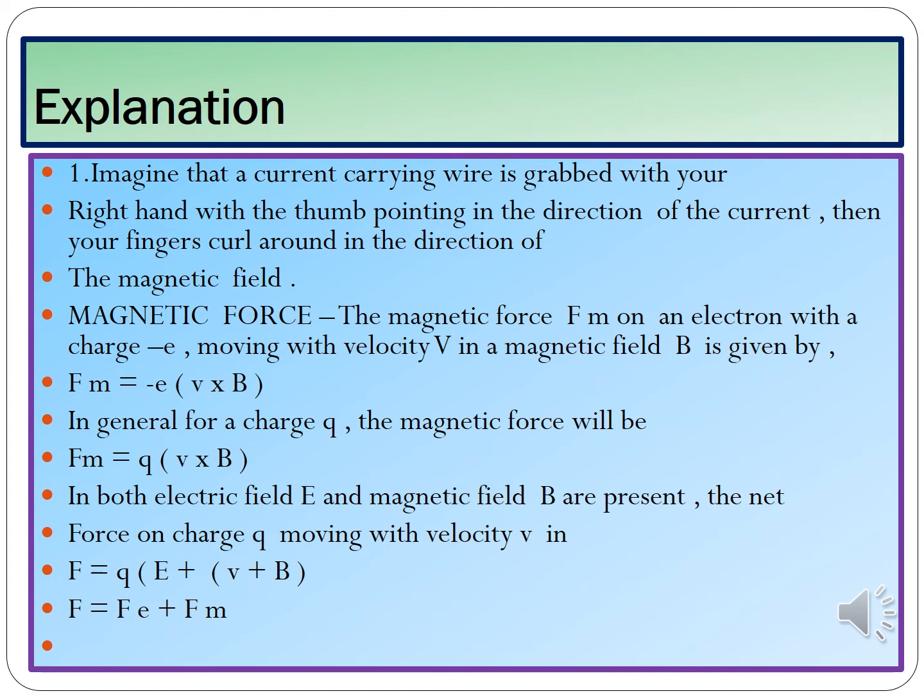The justification for this law can be found in experiments such as the one described in figures 10.1a and b, and the force described in the figures is known as the Lorentz force, where Fe is the force due to the electric field and Fm is the force due to the magnetic field respectively.